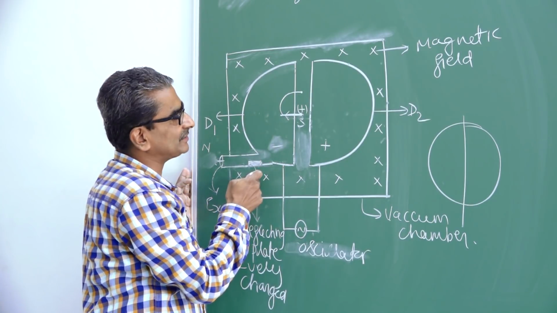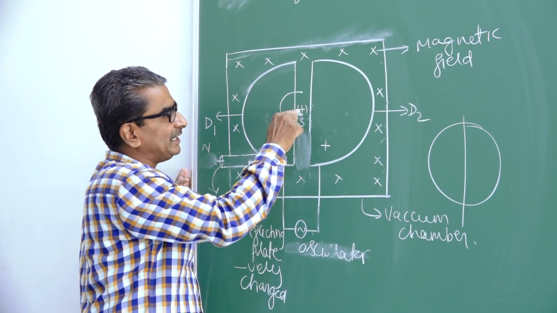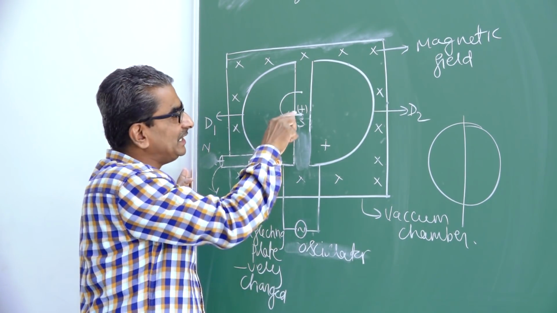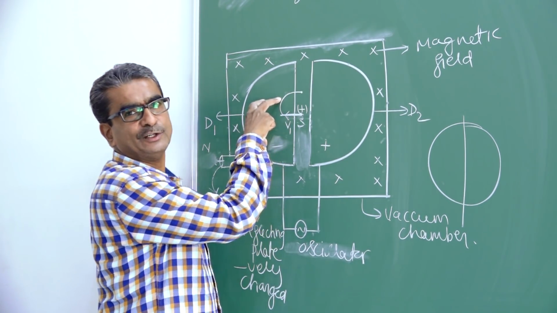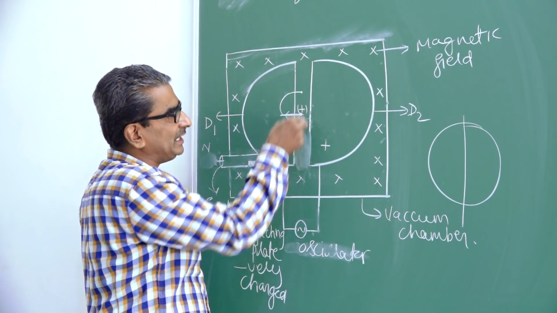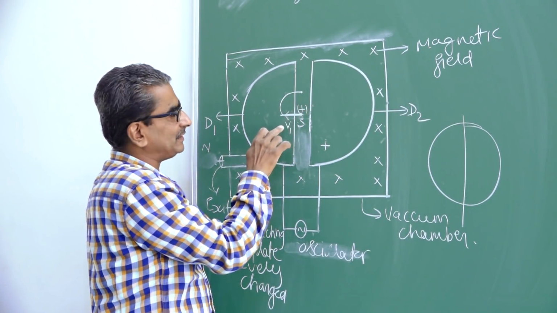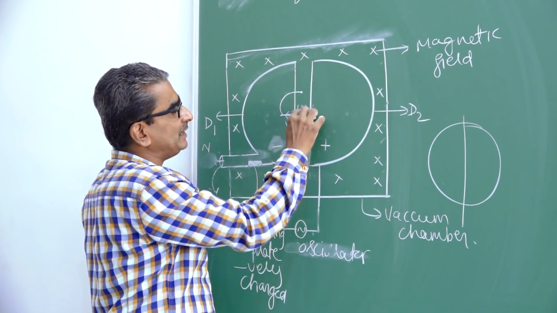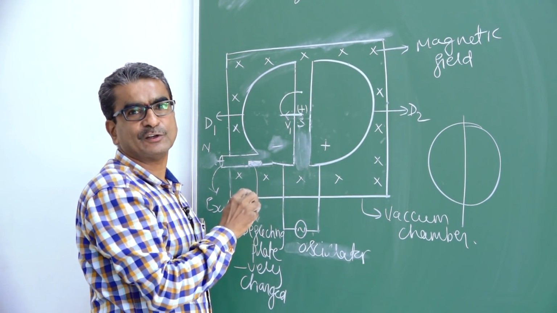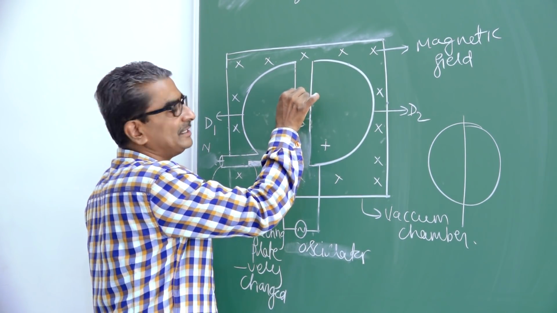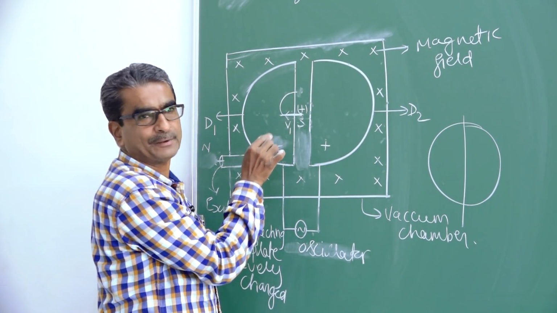Suppose this charge enters with a velocity, let us say initially v1. Throughout the D, it moves with the same velocity. Inside the D, velocity is not going to increase because inside the D, electric field does not exist. Electric field exists only in the gap between the two Ds. So, once it enters with the velocity v1, because of the magnetic field, instead of moving straight, it is going to deviate like this. That means it describes a circular path. By describing a circular path, now it comes to the space, or to this air gap between the two Ds.